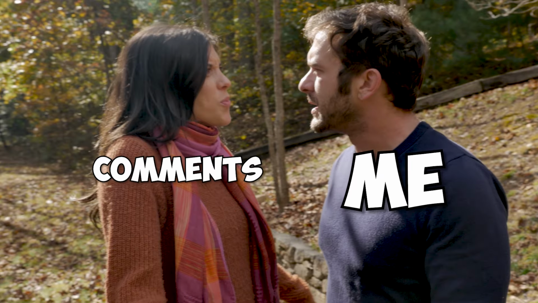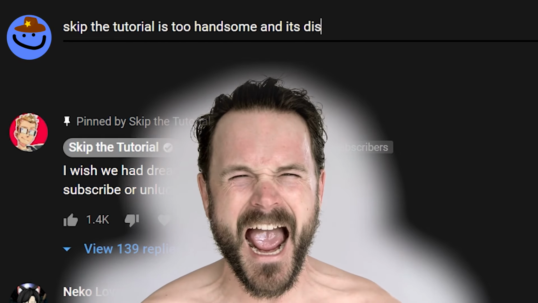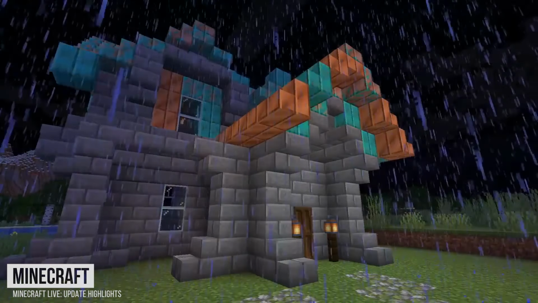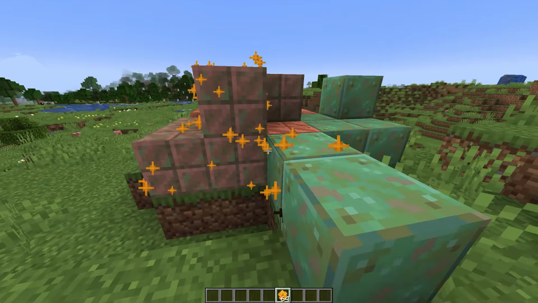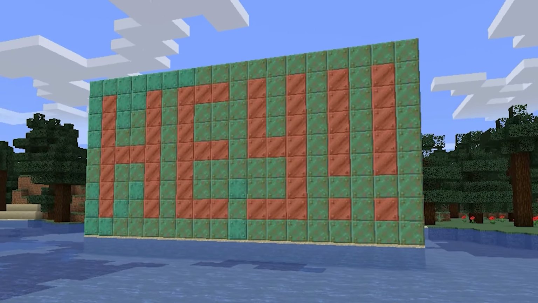Number 10. Sometimes you don't have the heart to say something to someone's face, but that doesn't have to keep you from sending the message. In fact, the upcoming 1.17 update might just have a solution for you silent schemers. By just waxing particular parts of their copper wall, then you guarantee that eventually they're gonna get the message,